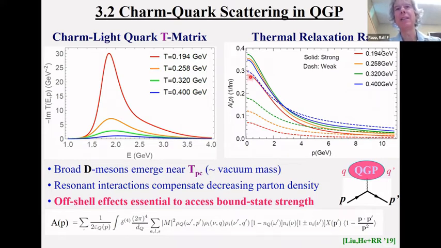But it's really at the low temperatures where these strong interaction effects are most prominent, and they lead to this kind of almost constant behavior of the low momentum transport coefficient with temperature. What has happened there is that the increasing density of the partonic medium is compensated by the loss of interaction strength as you go up in temperature. So this is really a non-perturbative fact that there's not a whole lot of temperature variation there.